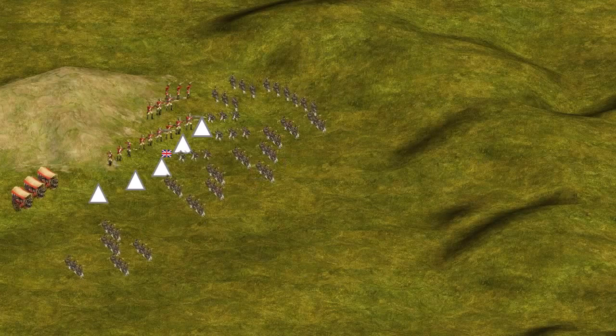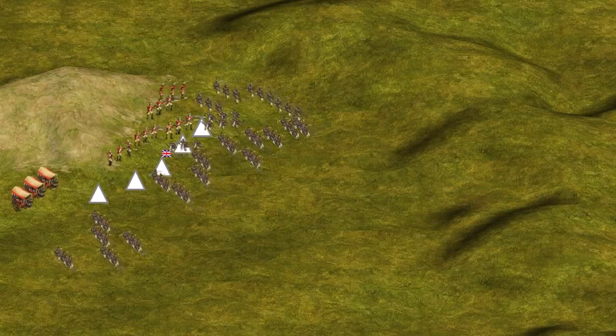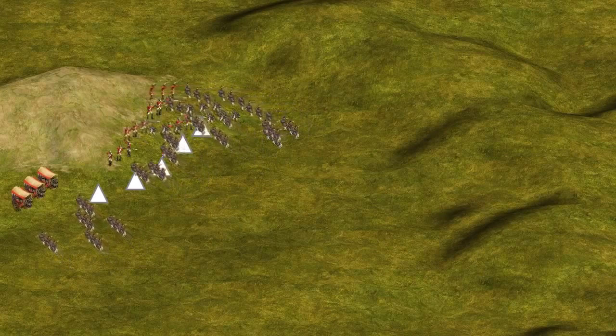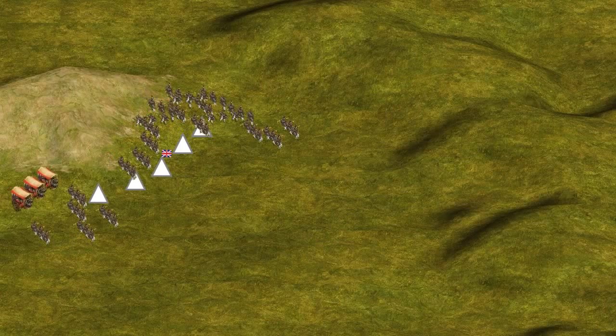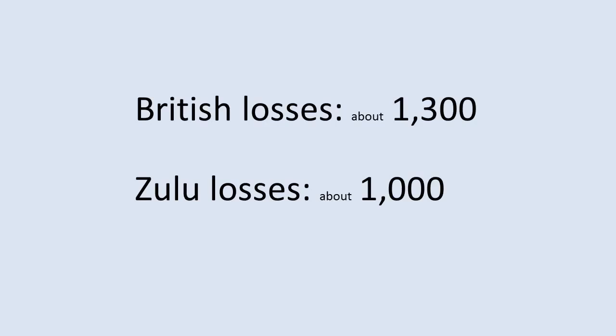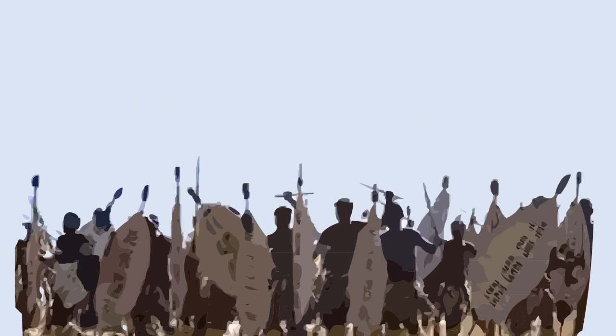The chest and right horns had completely inundated the British forces and the defensive line collapsed. With no formation, the last British soldiers held out until their ammunition was spent and they were eventually killed by the Zulu army. At the end of the battle, the British army had lost over 1,300 soldiers, and the Zulus had lost about 1,000. This was a victory for the Zulus, but it would not be the last Anglo-Zulu battle,